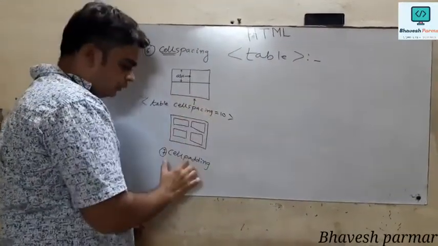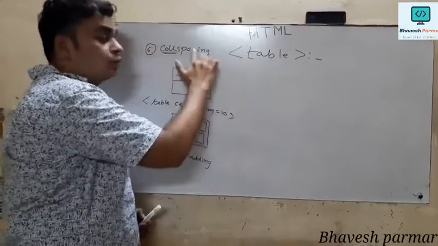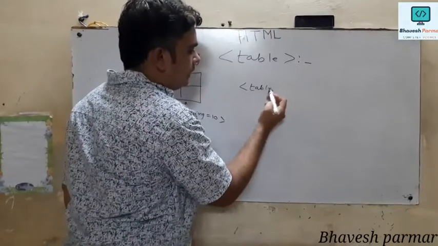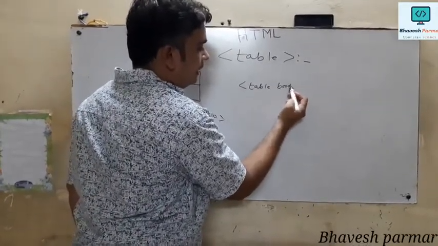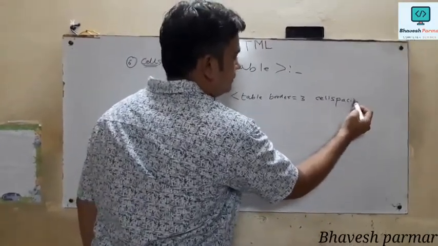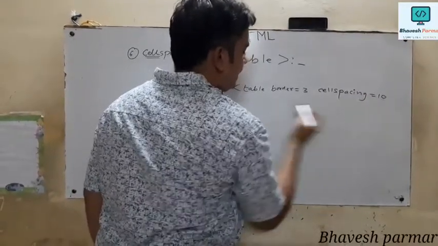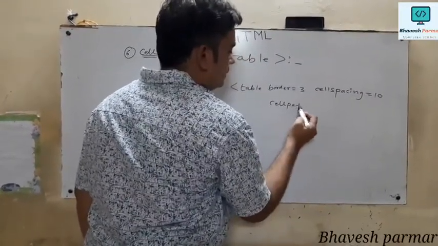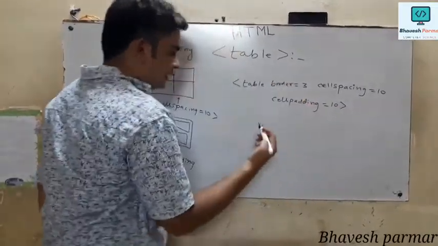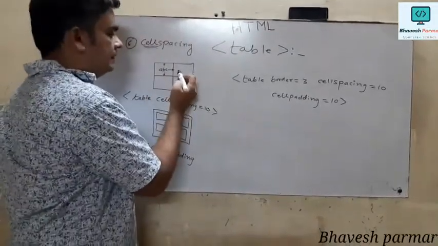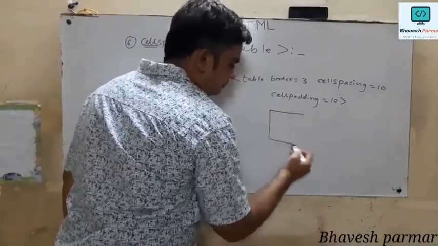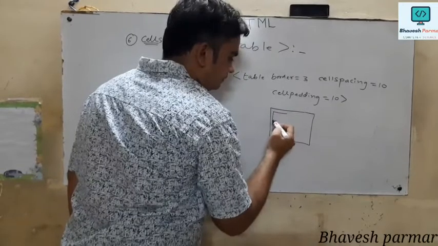This is my table and I want to use the cellpadding attribute, and we can also combine cellspacing as well as cellpadding. So how can I use this? I have to write table, then the border attribute is a must, thereafter cellspacing. Here I am using cellspacing 10, then the cellpadding attribute is there. Suppose I give the value cellpadding also 10, then what happens? This is my text A, B, C. Suppose here I write P, Q, R. So how does it look? This is my table.